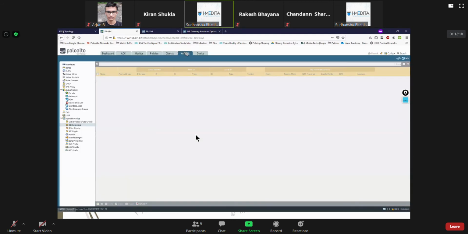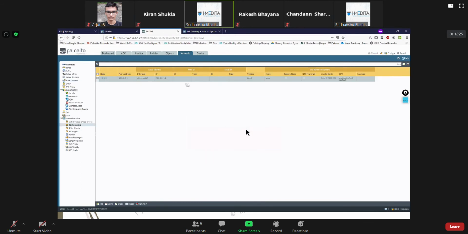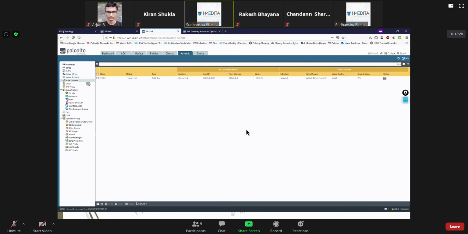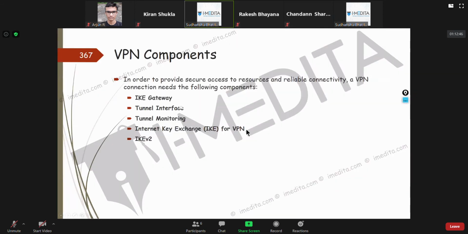And you can also verify that by going to network and IPsec tunnels. This is turned green now. Earlier it was red. So most of the times, if you have done some misconfiguration, you should be able to see it from the system log. See now, since you have seen these, you will easily understand. That's why I showed you the configuration. Okay, what are the things that you need?